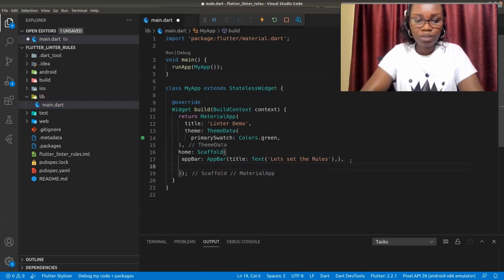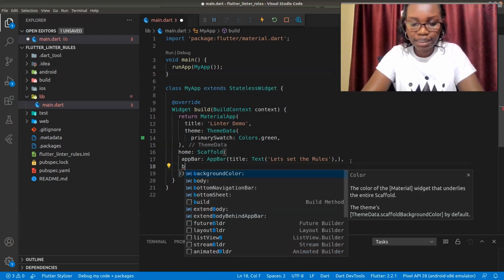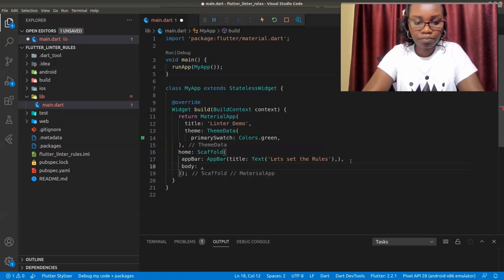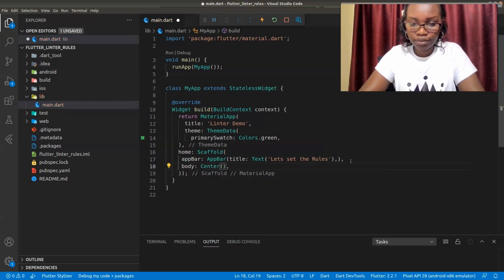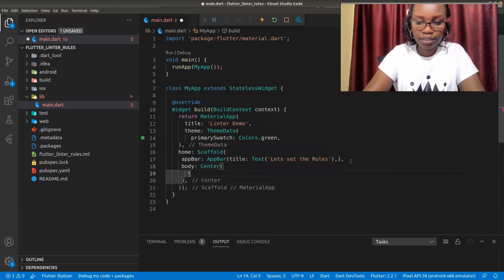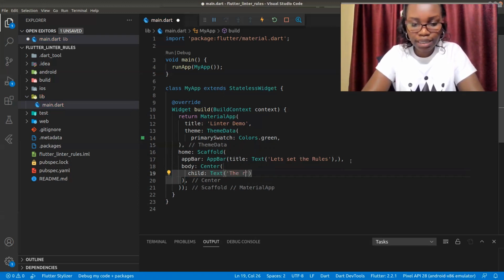So within our scaffold, let's make it have a body, and let's center the body and have something like a text in the center. So in the center we'll have a random text like